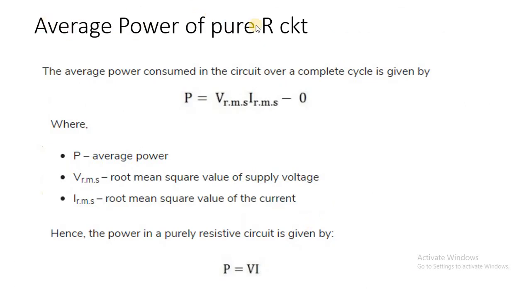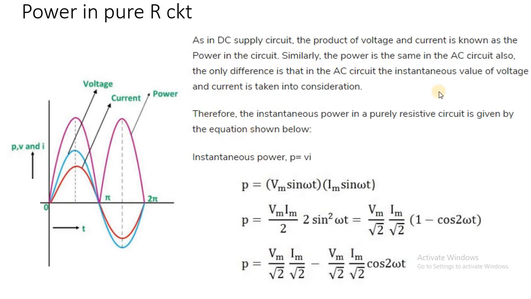Now tell me, I want to find out the average power. So to find out the average power of the circuit, we are taking the integration. And normally to find out the average value, our integration limits are 0 to pi. Whenever we have a symmetrical waveform, our integration limits to find out the average value are always from 0 to pi. We are taking only one half cycle. So 0 to pi.